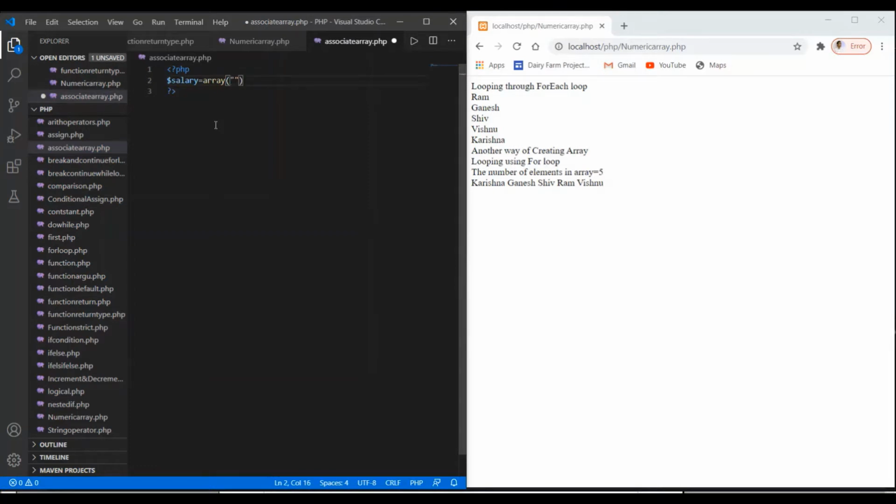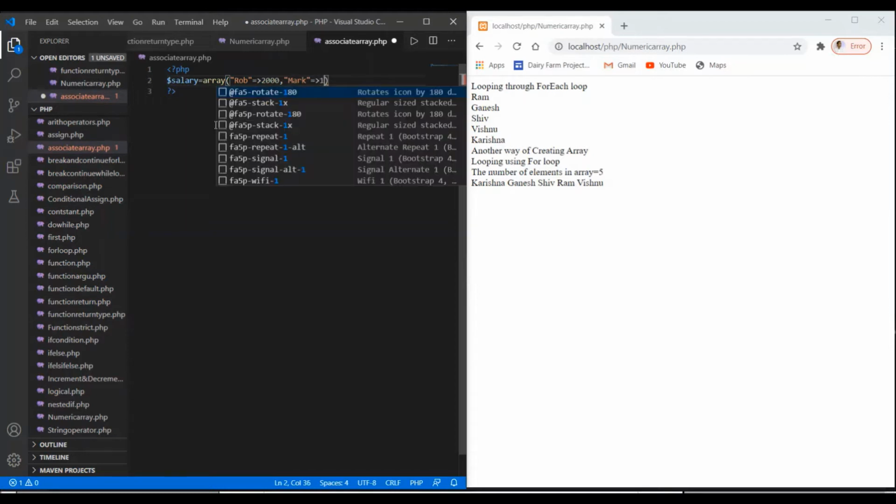So here I'm taking the first name, say Rob, and to that I'm associating a value. For that I have to use this symbol, and I'm giving the value as say 2000. Then in order to define another element I have to use a comma to separate it, and this time I'm using the name Mark, and to that I'm associating a value, say 1000.